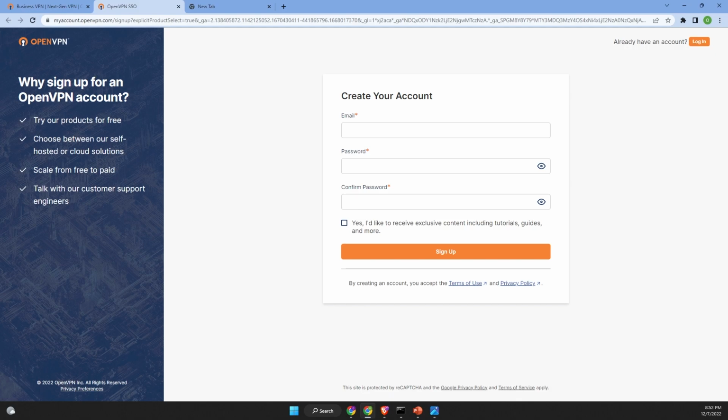It's going to ask you for an email and a password. So you're going to type your email address and choose a good password. Once you've signed up and everything is ready to go, you can also enable two-factor authentication for the owner of the account. Once you click on sign up here, you will get an email with a 6-digit code. You grab that code, come back to your browser, type the code in there,